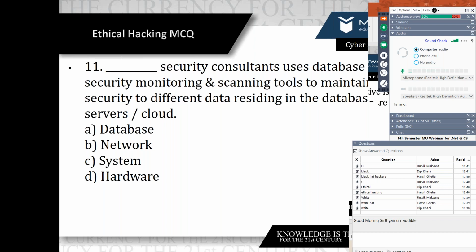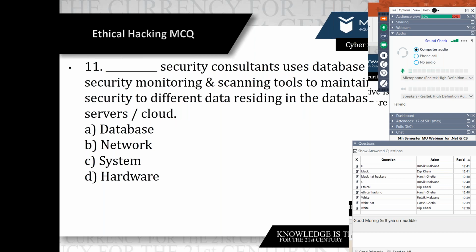Yes, the answer is database, because the database is specifically monitored, as well as scanned by the database system, to keep it secure from unwanted threats. Also, we can say it blocks unauthorized access and attacks by restricting access to particular users, as well as blocking unwanted files, and through multi-factor access control. The answer is the database.